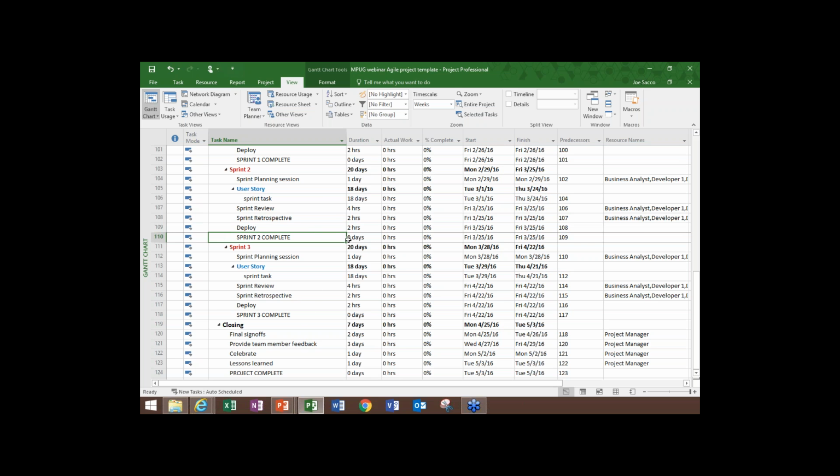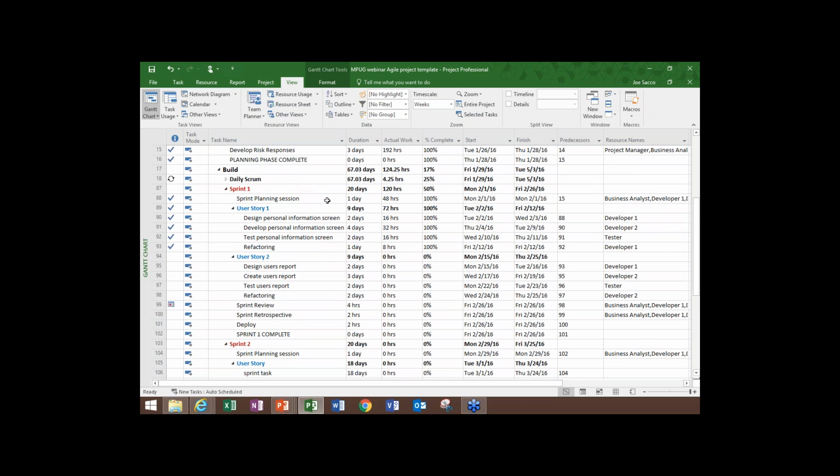Now, one example might be what if we couldn't start sprint 2 on the 29th? Let's say the team had to attend a week-long training. Well, that's really not a problem. You can make an adjustment there. The rest of the sprints will still flow and stay in step. You'll still get the 20 days. You could start it on a different day of the week. So this, again, is just an example of that.